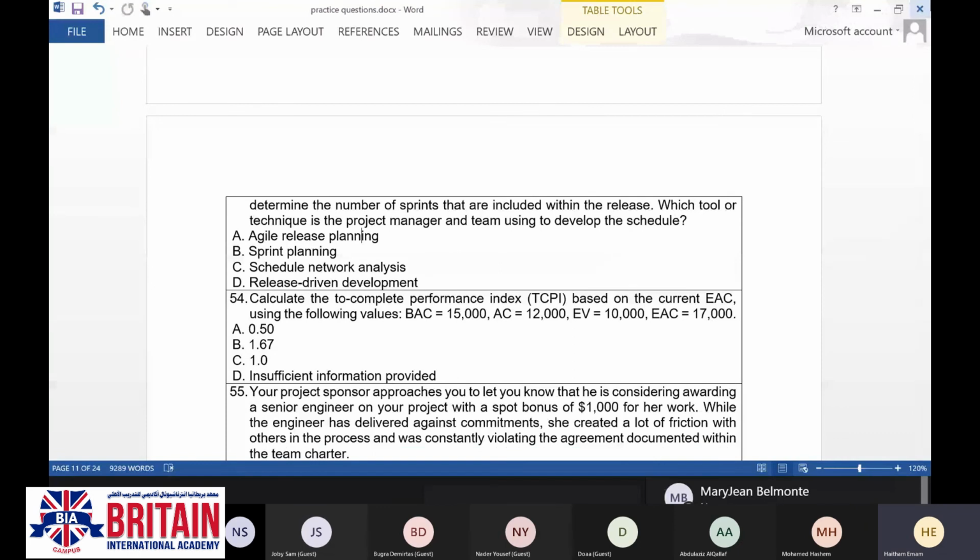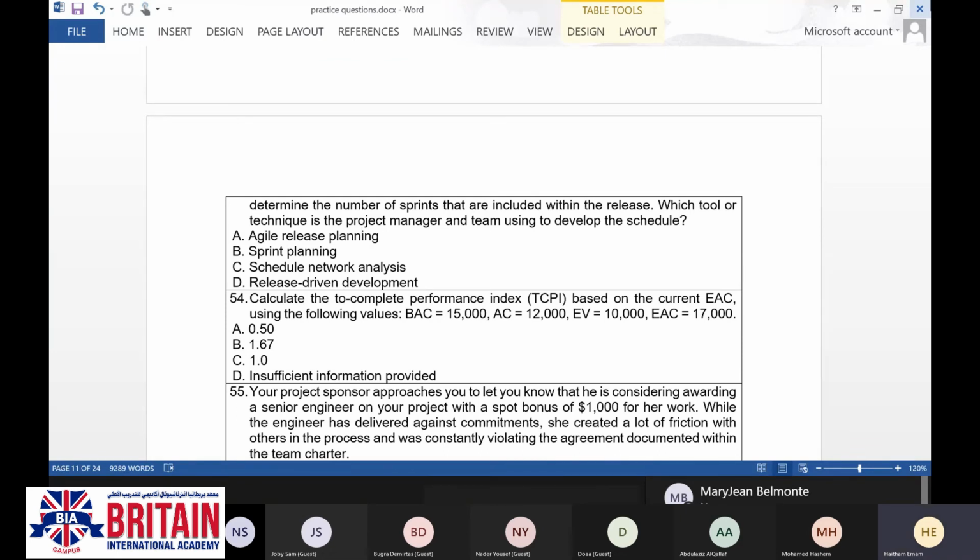Question number 54. I will do it from my end. Calculate the to complete performance index based on the current EAC.